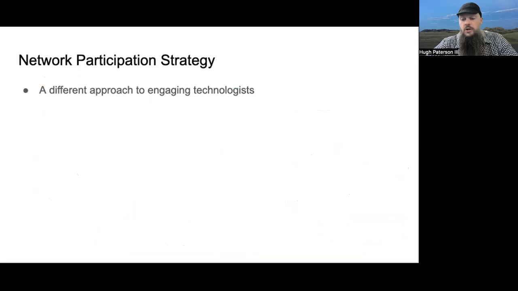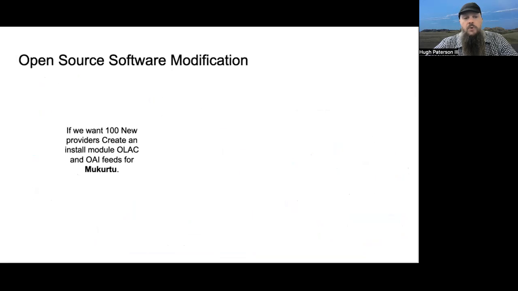So rather than targeting perhaps managers of institutions, we need to target technologists. Now, if we want to make a dent and bring in Mukurtu instances, I think there's about 100 language community instances out there. We could work with the developers of Mukurtu, and I know that Mukurtu is